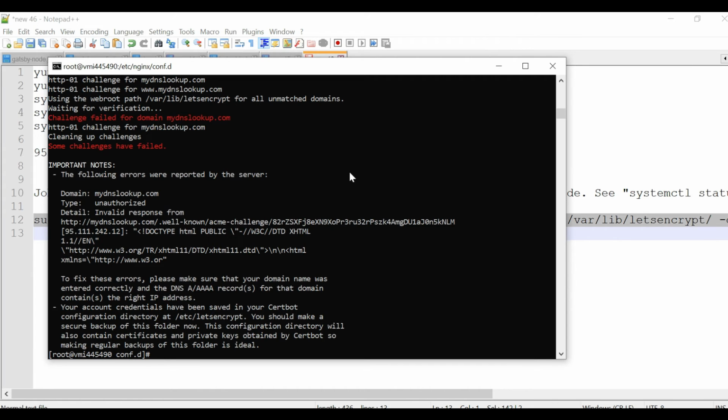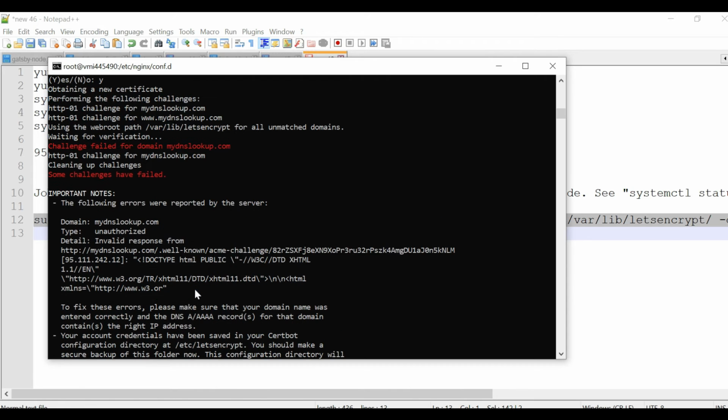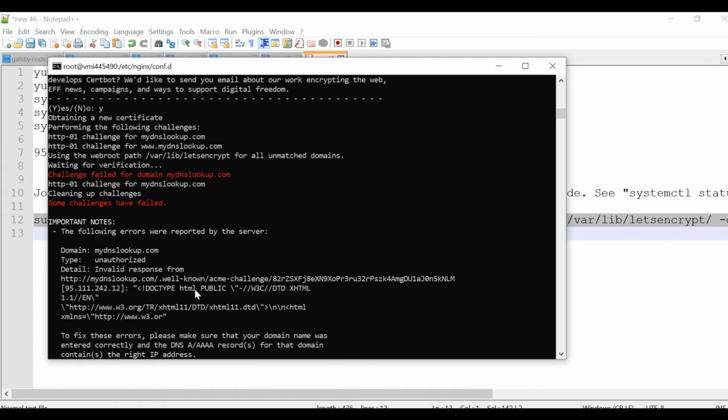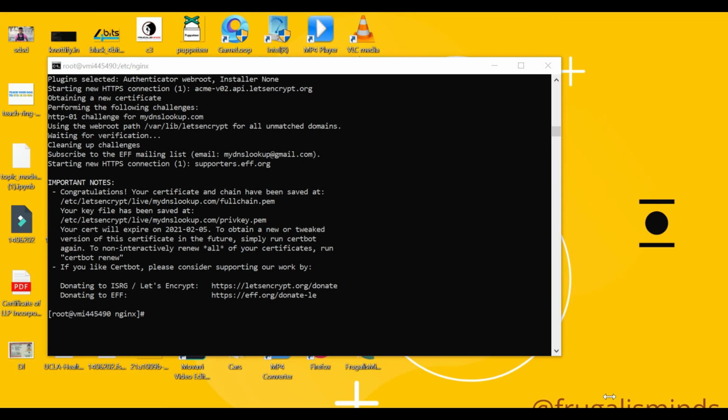Now what I need to do... my A record has not been propagated. This is the A record error that I'm getting, and it's saying unauthorized. So this is a problem that we need to solve.